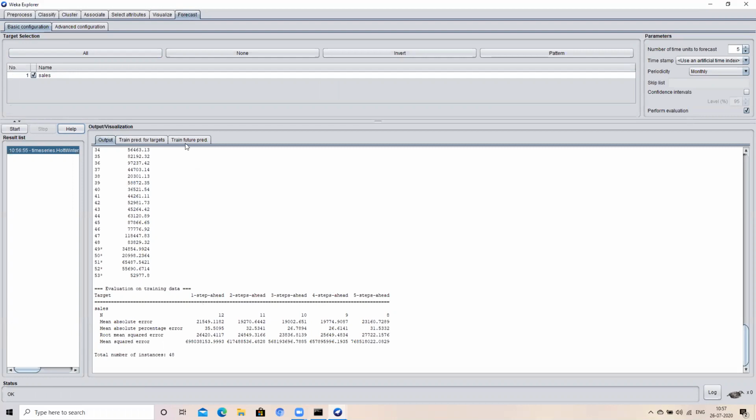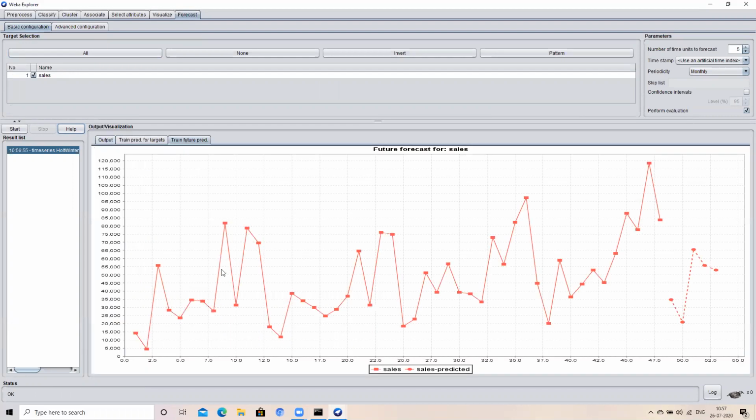Then you have something called train future prediction. Just click on this. This gives you a graph for your sales forecast. Here if you see, until this point you have those 48 instances which you had in your data set, and this particular part is called the predicted sales.